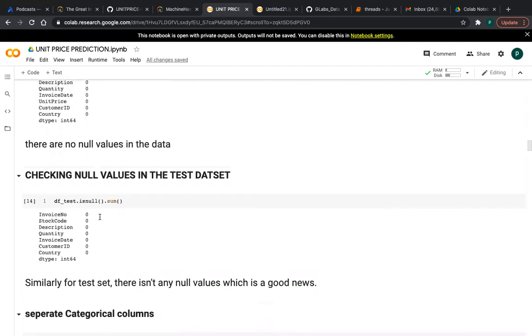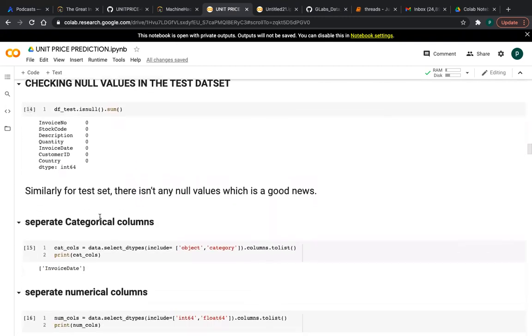So I am separating the different types of columns present in the data set, categorical columns and numerical columns. To separate the data columns, this is the command: variable dot select_dtypes, where variable means the variable your data is assigned to, and after that you have to write select_dtypes. After this you have to give include, and in include, which data type you are separating.